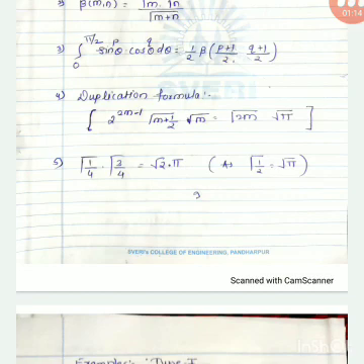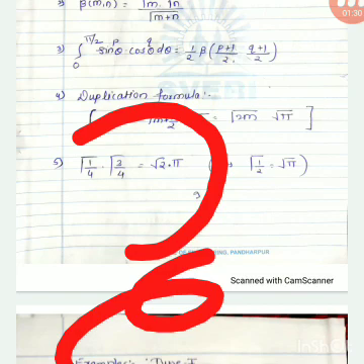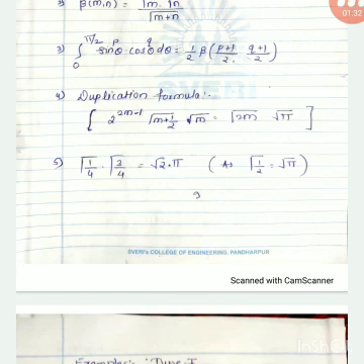Next, the third property, third result, we can say: the integral from 0 to pi by 2 of sin theta raised to p and cos theta raised to q d theta is equal to half of beta((p plus 1) upon 2, (q plus 1) upon 2). Properties and results, we have to memorize these results.